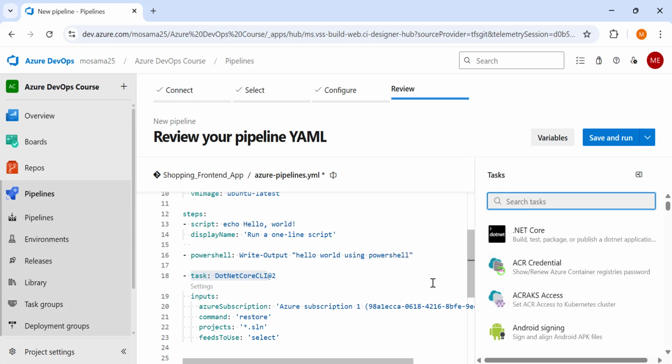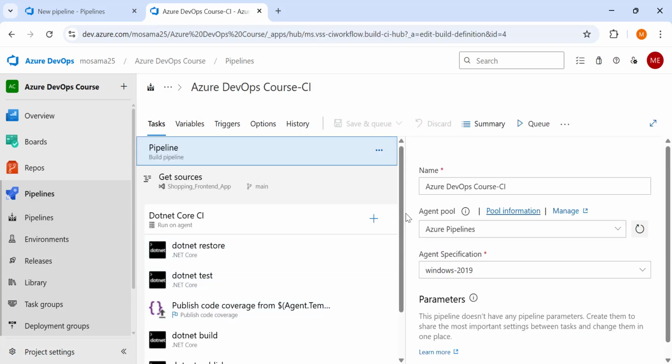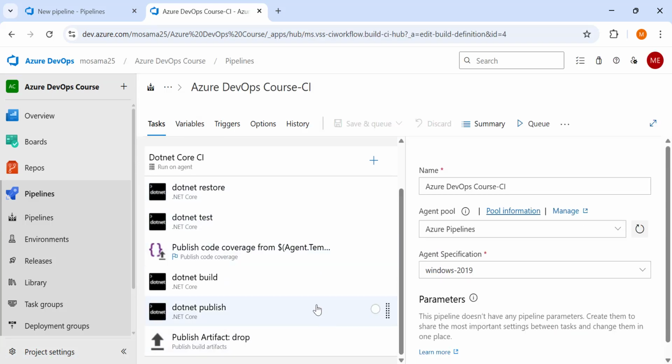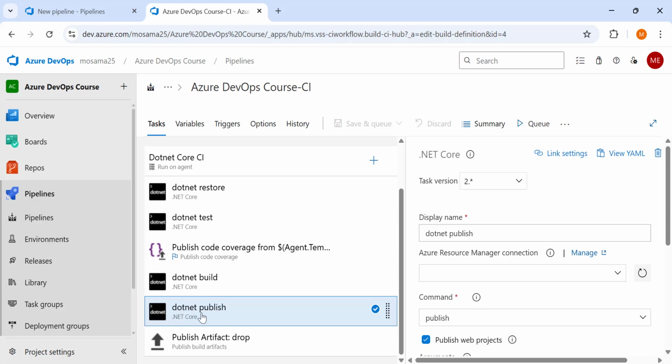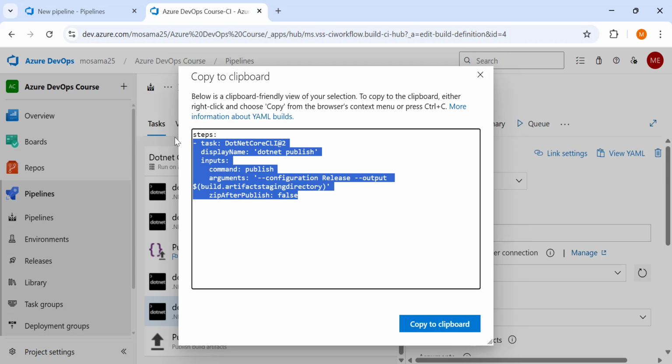Also, there is a trick you could use, which is generating the YAML pipeline from the classic pipeline. We can go to our classic pipelines, go here to the Azure DevOps Core CI, and now these are the classic pipeline tasks. We can go here on .NET Publish and click on View YAML. Here it generated the task in a YAML format.